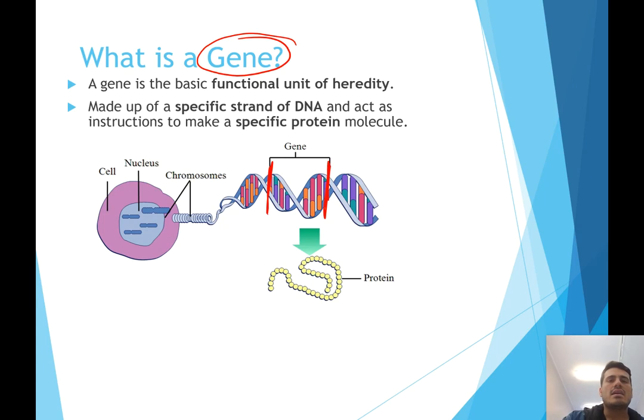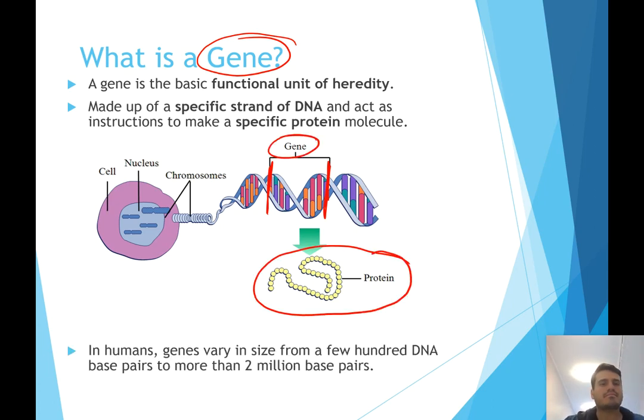Okay. And so, if we unwind the chromosomes, which are in the nucleus of a cell, we're going to pull out the DNA and it's going to be full of these genes. And a specific section of DNA which codes for a specific protein is what we call a gene. In humans, these genes can actually vary from about a couple of hundred DNA base pairs to more than 2 million base pairs. All right. So they can go from